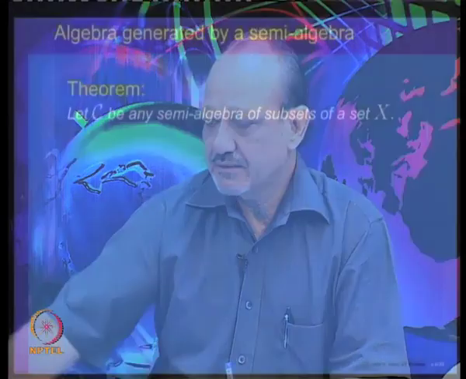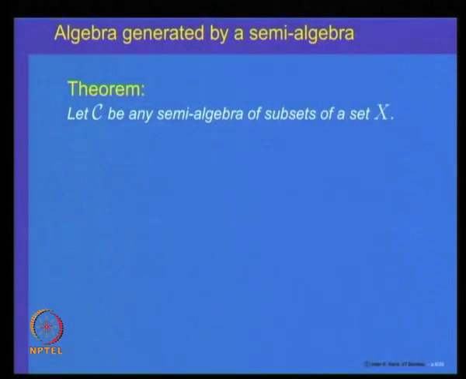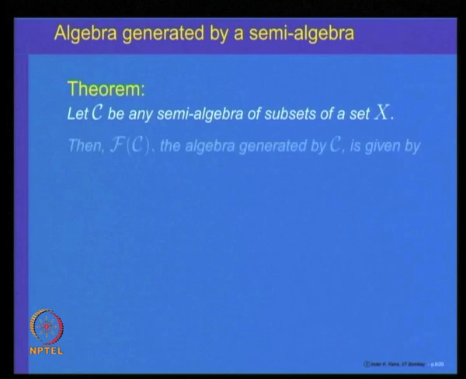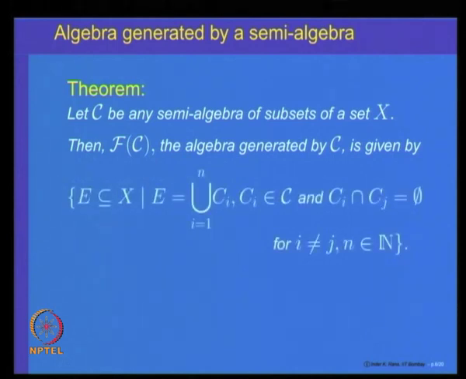The theorem states the following: let C be any semi-algebra of subsets of a set X, then f of C, the algebra generated by C, is given by the following collection. It is a collection of all subsets E in X, such that E can be written as a union of a finite number of sets C i's, i from 1 to n, where each C i is in the semi-algebra C, and these C i's are pairwise disjoint. So, what we are claiming is that the algebra generated by a semi-algebra is nothing but the finite disjoint union